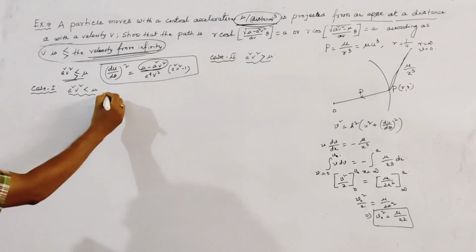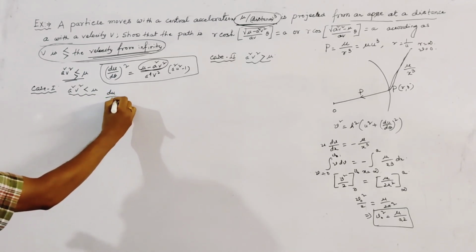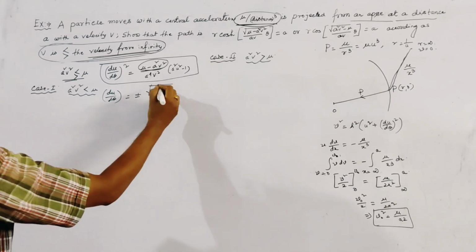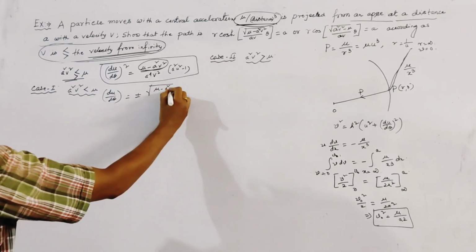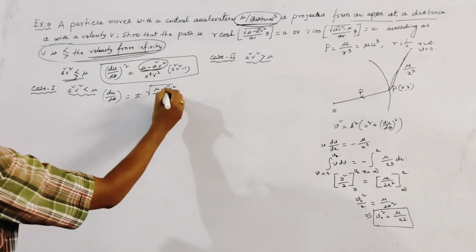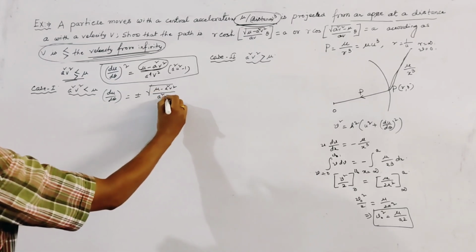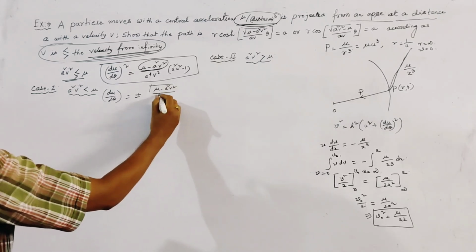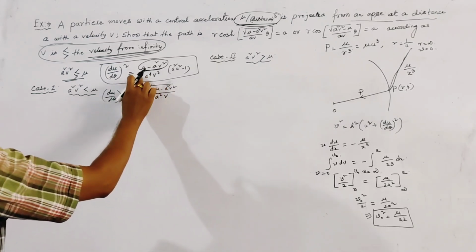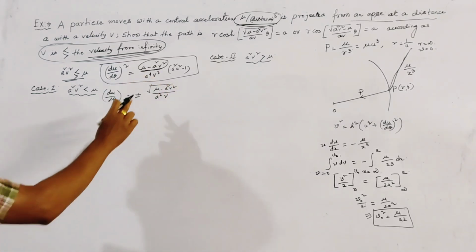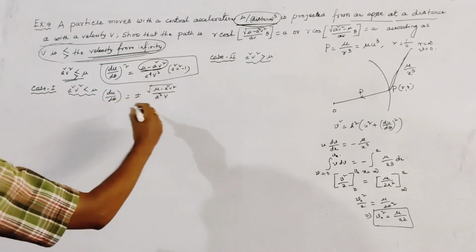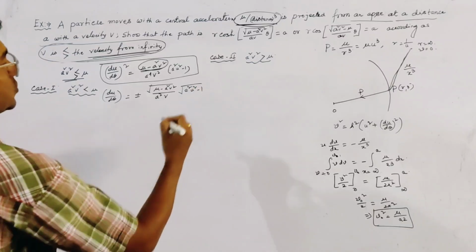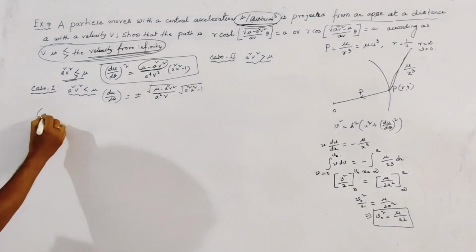So we get du/dθ equal to plus minus root under (μ − a²v²) by a⁴v², so outside of the root this is a²v, and root under a²u² − 1. Okay, now taking